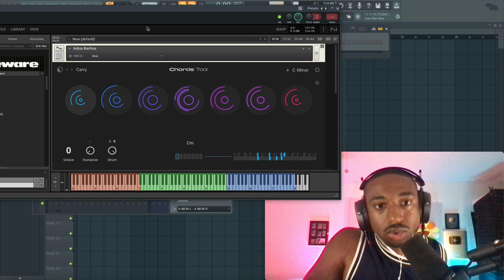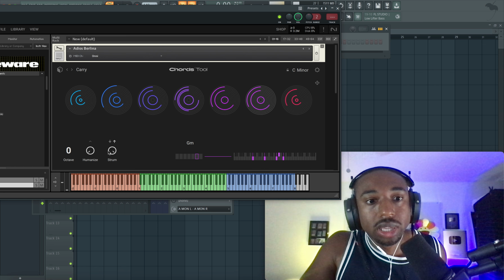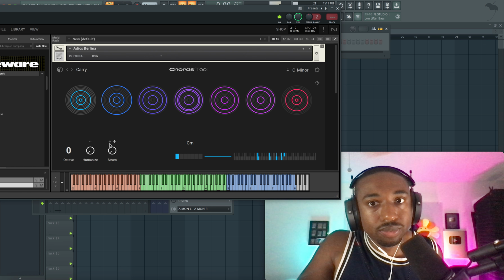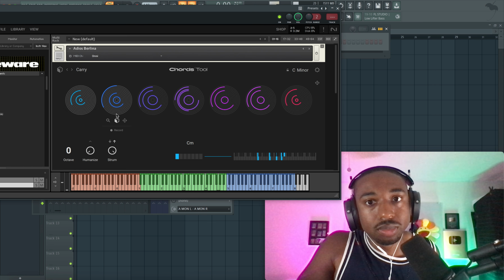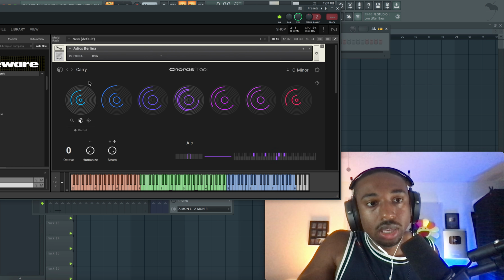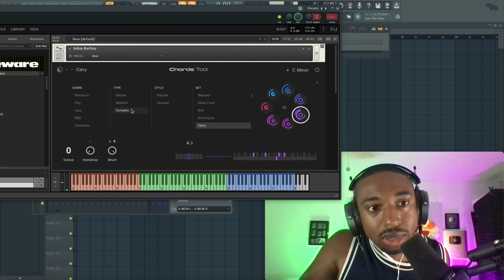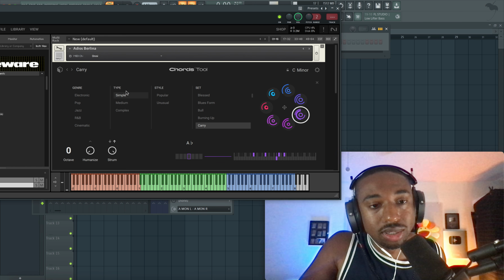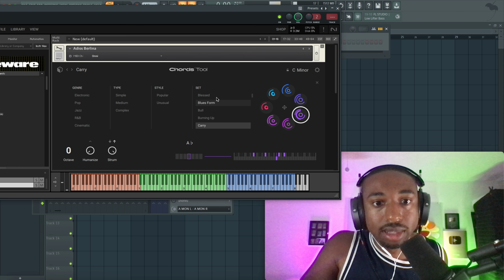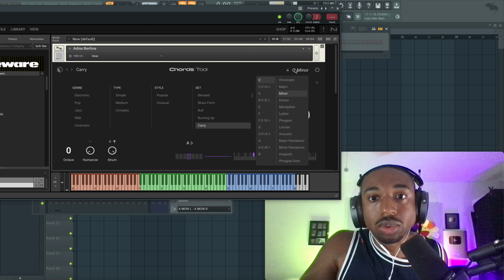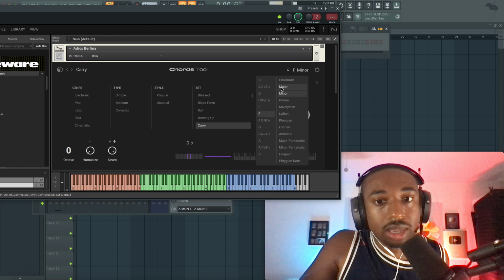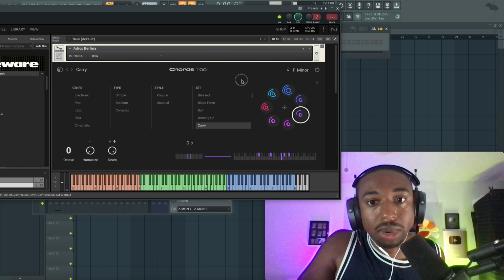So I'm using my MIDI controller. And the cool thing is you could add strum features to it. Or you could have it play straight out like that, but let's add strum. There's different styles, so you can click on the name here and change out the genre that you want, the style of chord, and all this type of stuff. So I'm just going in order with the arrows here. And then what I'll do is I'll switch the key. So let's go to like a Travis Scott key, like F minor or E minor.